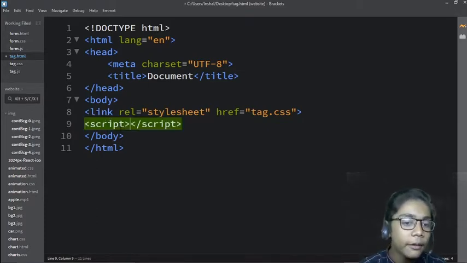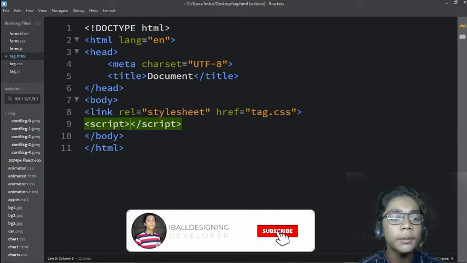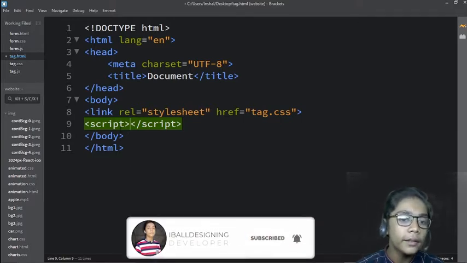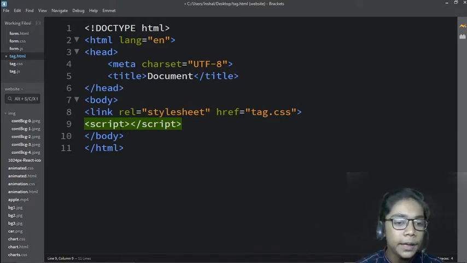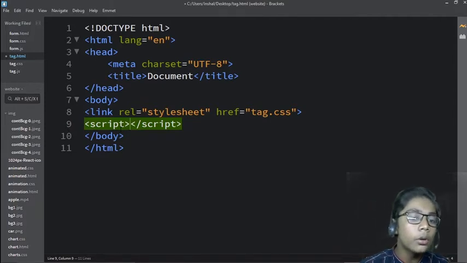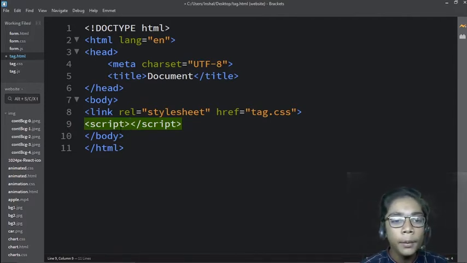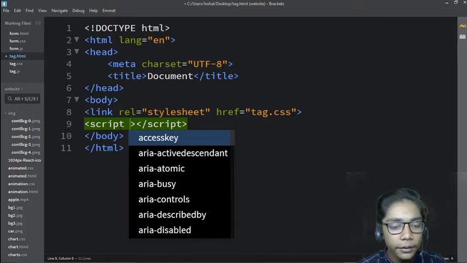If you want to write JavaScript in HTML only, you can write your JavaScript in the script tag. But if you want another file, it will not be a mess. It will be really difficult for you to tell what is JavaScript and what is HTML, so I recommend you write JavaScript in another file and not in the script tag, because the HTML code and JavaScript will get mixed up. You can write in the script tag if you want, but I will make another file.